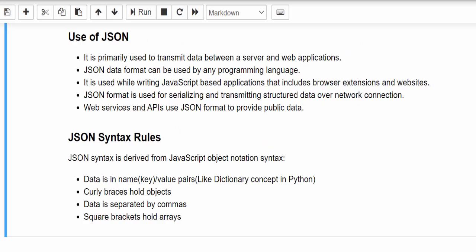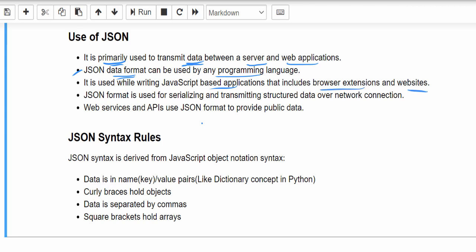That is what is mentioned in the use of JSON file. The data transfer happens between the server and web application, and very importantly, this JSON format can be used by any programming language. An application can be developed in any programming language, but the data transfer happens with the help of JSON format. And since it's related to JavaScript, it is very easy to use in JavaScript applications like browser extensions and websites.